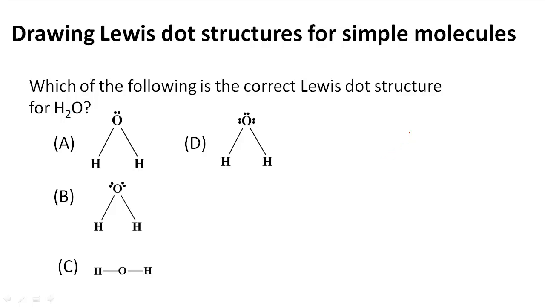with our correct drawing. So when we're writing the Lewis dot structure, we write kind of a skeleton structure for the compound and then start adding the valence electrons that it has to have. So here we know that there are three elements involved, O, H, and H. Notice that they have a specific shape based on the electrons that they have, and this is discussed when we talk about the VSEPR model, or the valence shell electron pair repulsion model. Here we're just dealing with Lewis dot structures, so we won't worry about